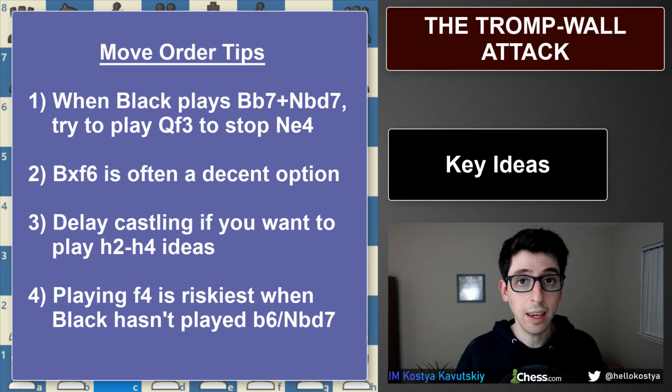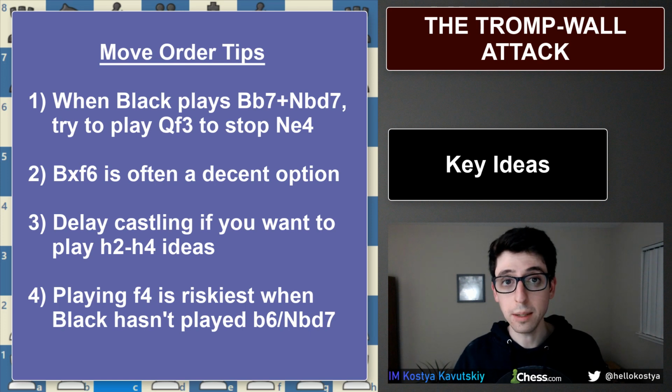Next, you should delay castling if you want to play for h4 ideas. In general, we want to castle later in this position, as in many lines it might be really, really useful to keep the king in the center and keep your rook on the h-file, so you can play some of these fishing pole h4 ideas, or even just castle queenside and then get your second rook into the attack that way. And lastly, playing f4 is often the riskiest when black hasn't played b6 or knight bd7 yet,